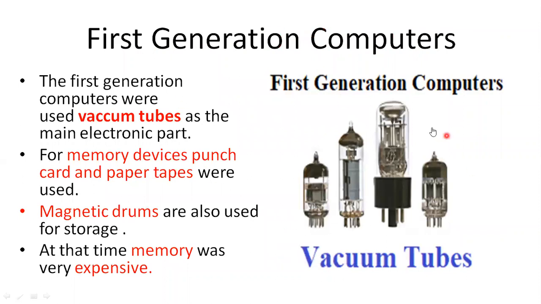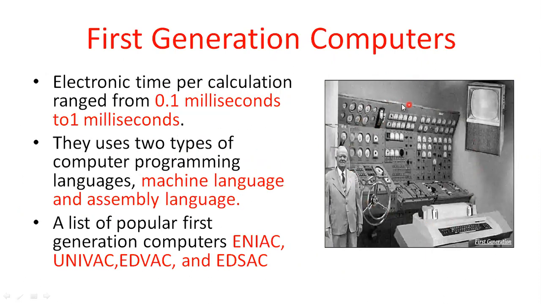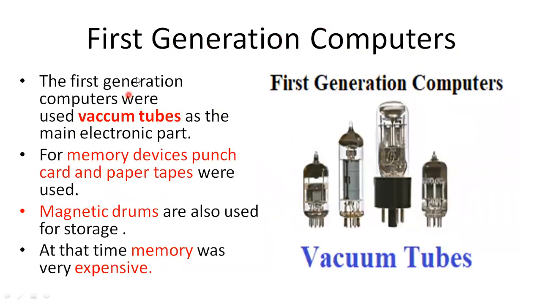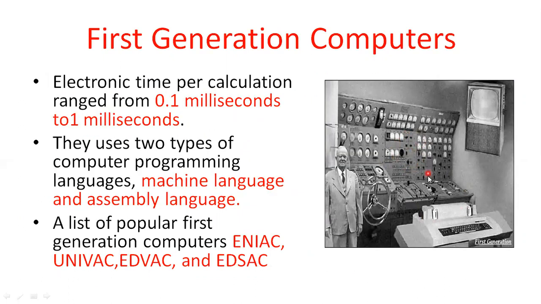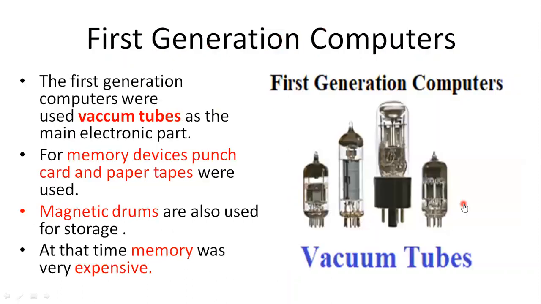And then coming to the first generation, what is a first generation of computers? Here the computers appear like this. The computer occupies the entire room. See the right side diagram, the first generation of computer. The first generation of computers used vacuum tubes. Here these are all vacuum tubes, the main electronic parts. The computer included the vacuum tubes as the main parts.